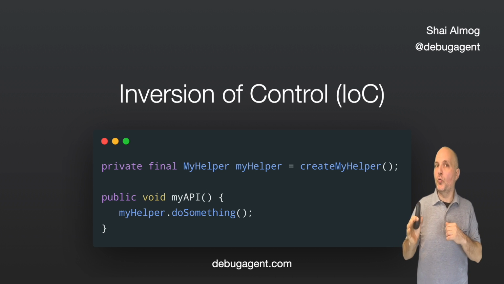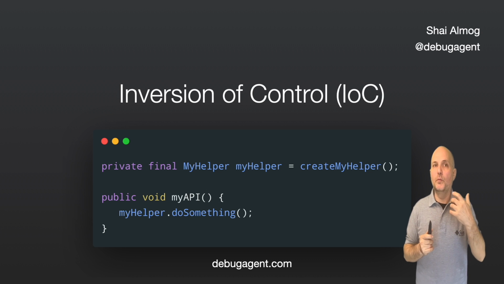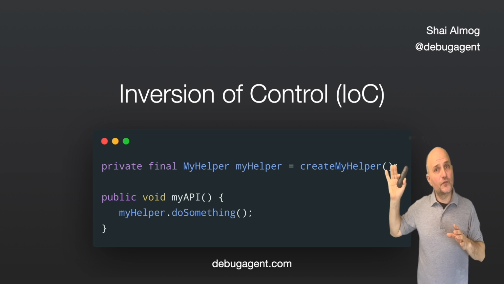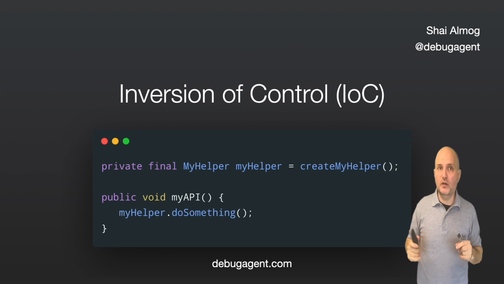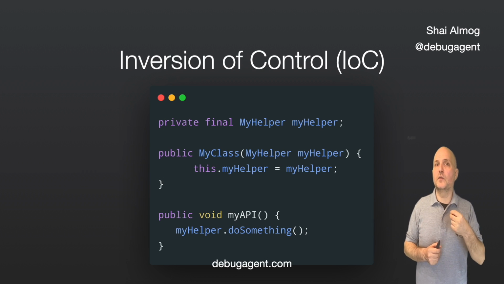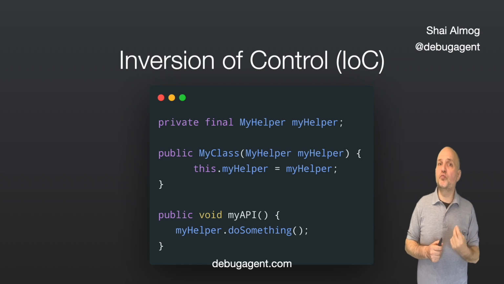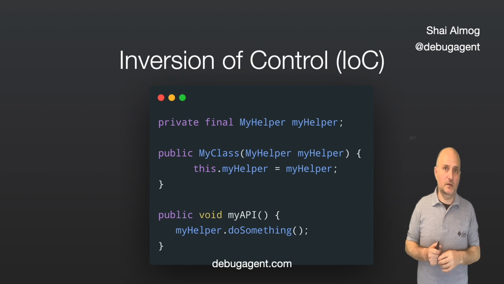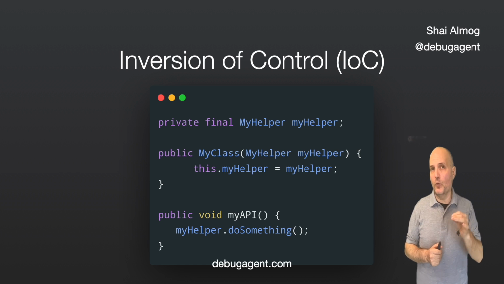We normally control the exact object that will be assigned. With IOC, we invert that control, and the framework, in our case Spring, takes over. It will decide the object to assign here. This code will work as the previous code did in Spring. Spring will make sure the field has the value you expect. You don't need to allocate my class or my helper for that matter. It will have the right value in place and you don't need to do anything.